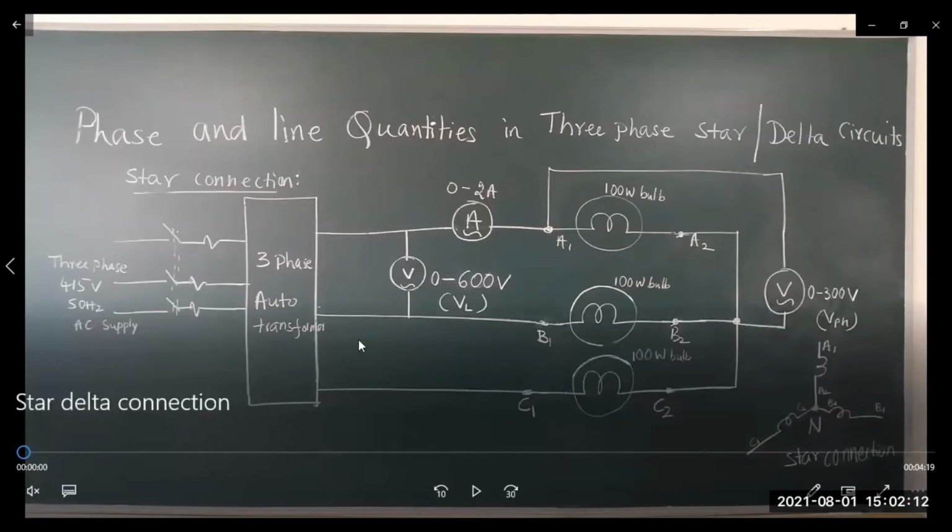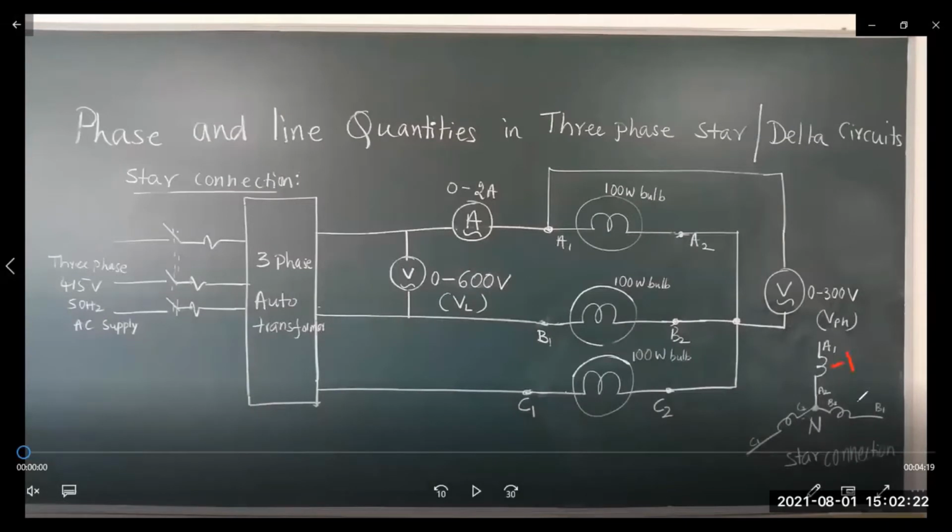First of all, you can see the star connection. We have three coils. I'll be using the marker. These are the three coils: coil 1, coil number 2, and coil number 3. The similar end of each coil is connected to a common point. That point is known as the neutral point, or you can call it the star point. Such connections are known as star connection. Star connections are mainly used where the load requires high voltage and low current. That's the main purpose of using star connection.